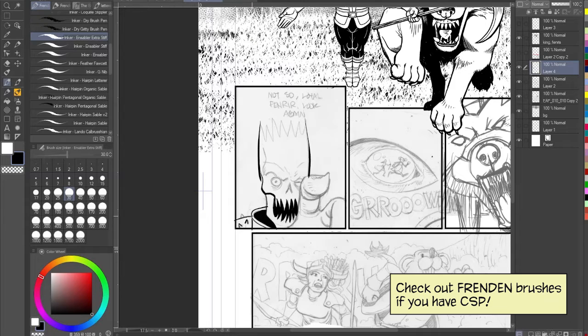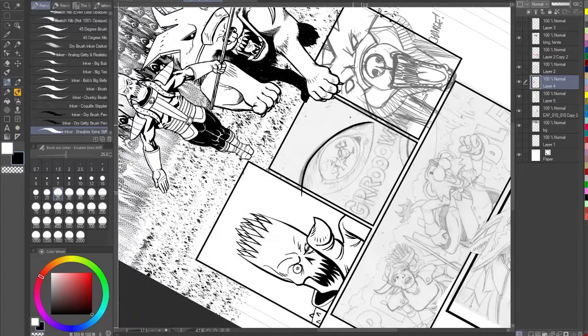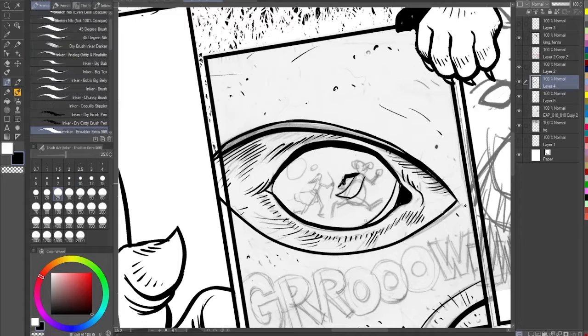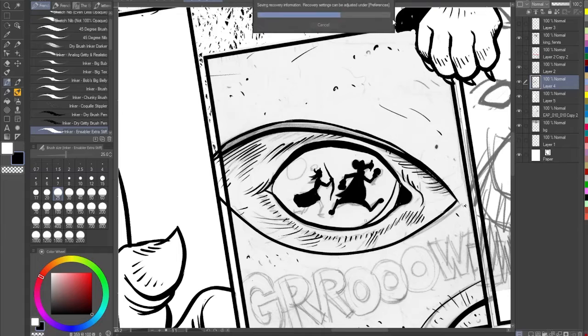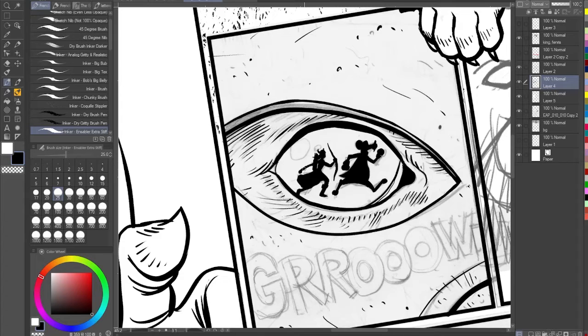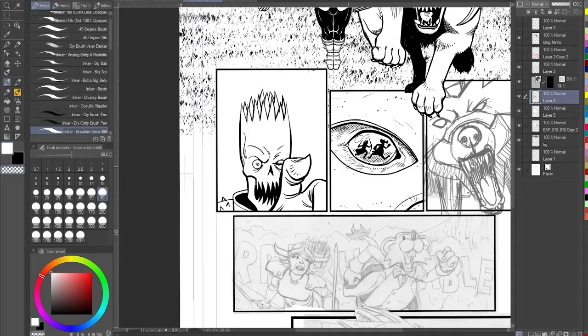Now I'm using the Ensabler Extra Stiff brush because that's the one I've been using for most of this project. It seems to work pretty good for what I'm doing in this type of style. It's a slightly more cartoony style. And I'm also adding in here and there a little bit of zip tones. I've been enjoying using the zip tone function of Clip Studio. You can sort of see it. I'll show you in a second here on the eye. There's a little bit of zip tone under the eye here. Let's see what we got here. There we go. So there's a little bit of zip,